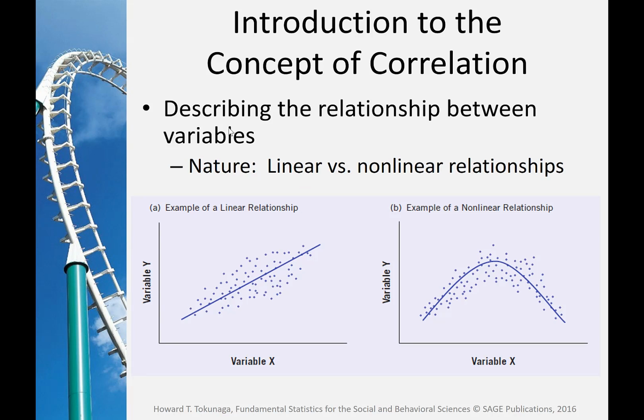When we describe relationships between variables, this should be a little bit of review. I think we did a little bit of this in the beginning. But let's look at the idea of how that relationship exists. Now, this figure up here, this is known as a scatter plot. So we have our x variable, our independent variable. We have a y variable, our dependent variable. We name them x and y because of the axes. And each of these dots